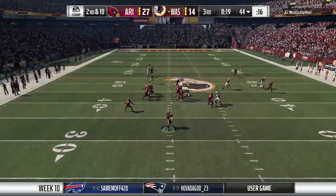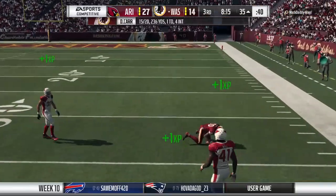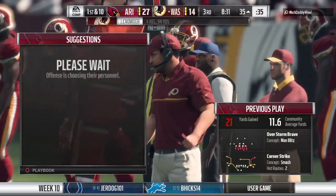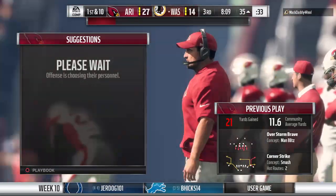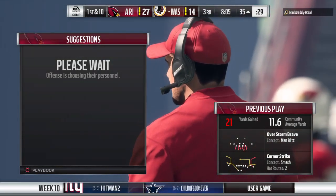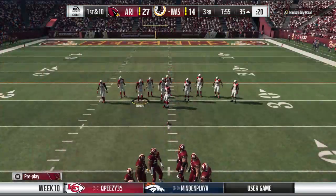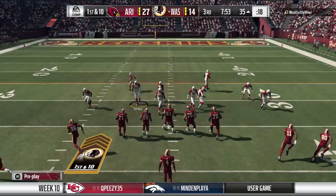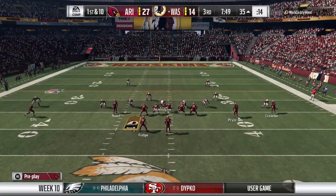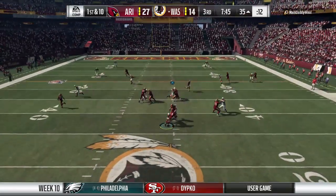Back to the air on second down. It's Carr. This one caught by Crowder. And a nice gain of 21 yards. An ex-teammate used to tell me all the time, I hate experienced quarterbacks because no matter what, you really can't hide what you're doing. And I think that right there, he knew right away where the blitz was coming from, where his primary guy was going to be, and he ended up going to a secondary target for a nice gain. I was just going to ask you, that wasn't the primary target. He's so good at that, isn't he? I think he knew right away that he wasn't going to...